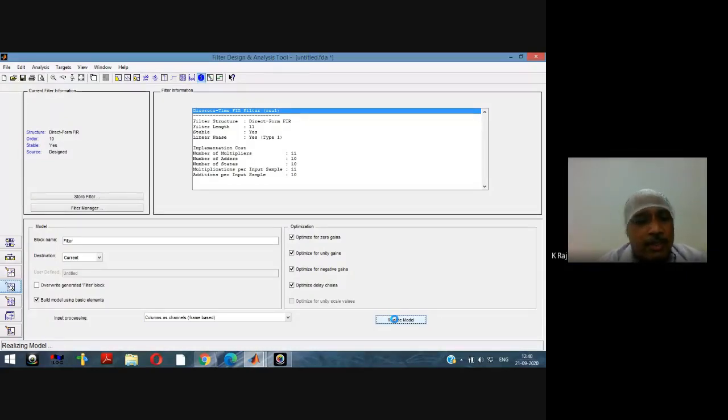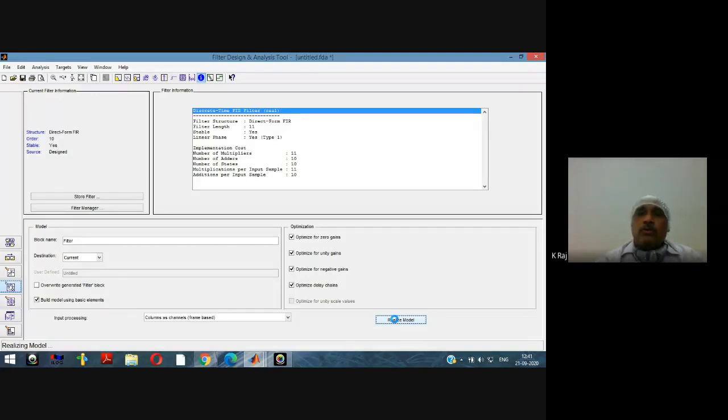So first, from the given requirement, we have calculated the values of the ripples in the pass band, ripples in the stop band, transition bandwidth, or we can say attenuation in the pass band, attenuation in the stop band, and transition bandwidth. Then we select the sampling frequency, and with the help of these 5 parameters, we derive the order of the filter.